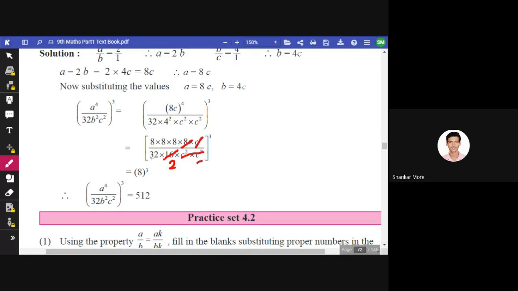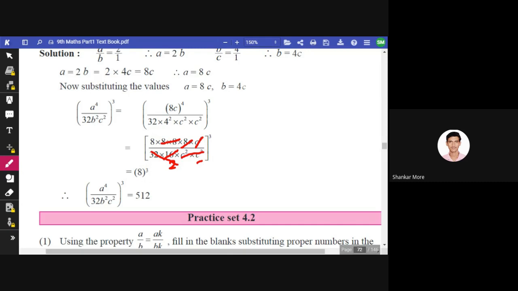Then we have 32 multiplied by 2 is 64, and 8 multiplied by 8 is 64, so this 64 gets cancelled with this 64, so 8 is remaining, and 8 cube, so we have to find out the value of 8 cube, and that comes